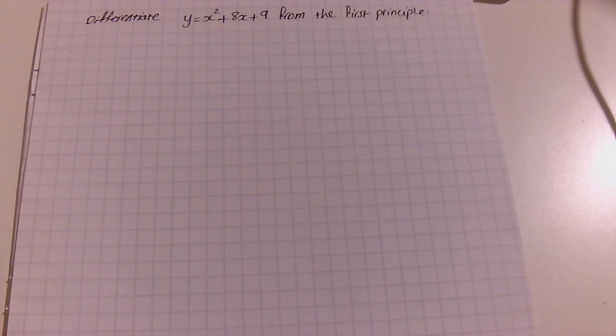Okay, moving on to the next question. It says differentiate y equals x squared plus 8x plus 9 from first principles. Okay, applying the first principle for this, f dash of x